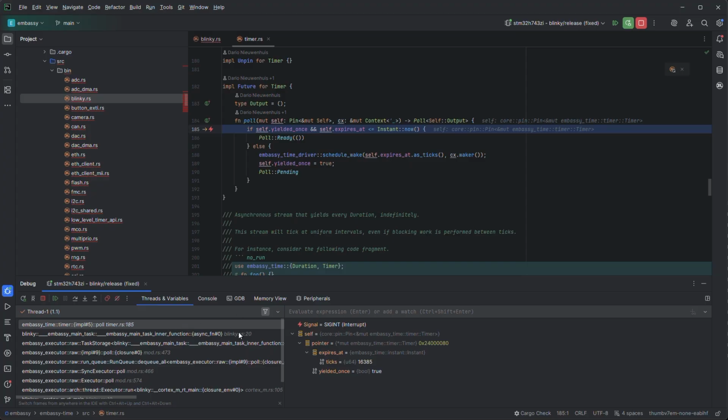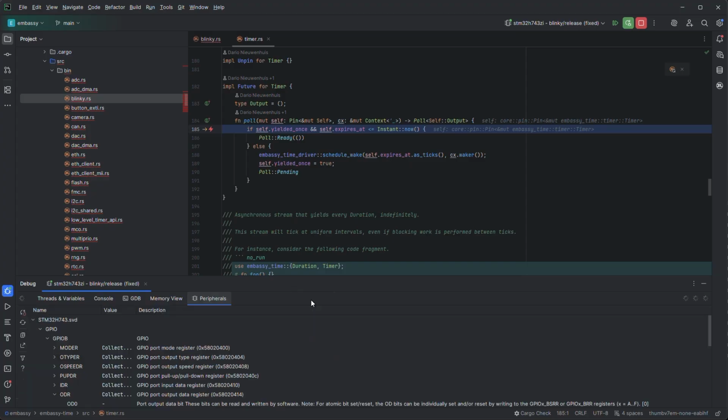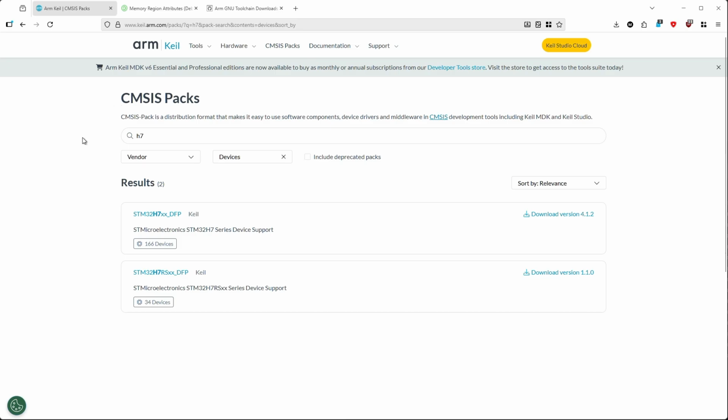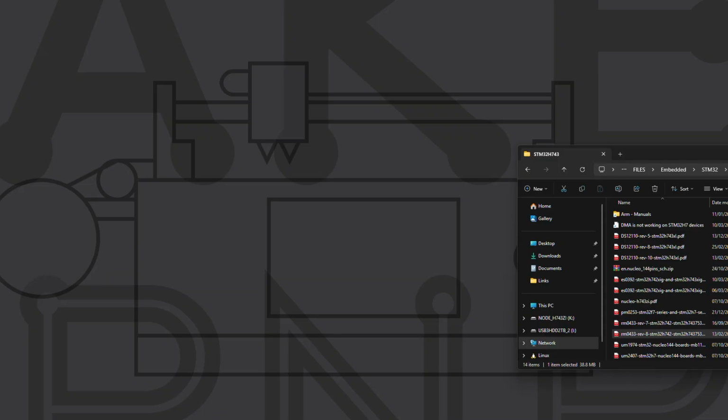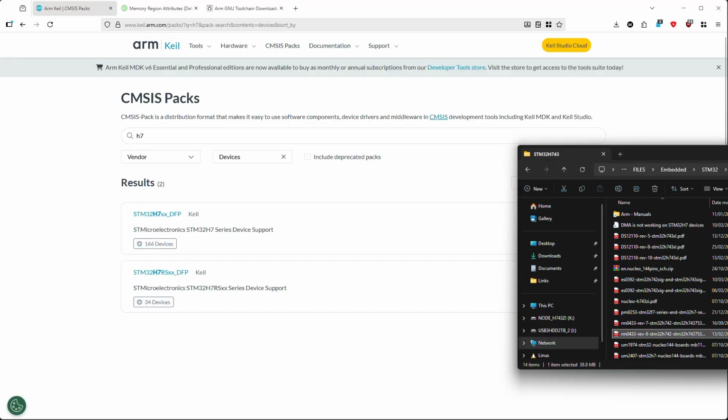But what's different in CLion is that there is support for SVD files. I don't quite know why IntelliJ haven't ported this feature over. Maybe they ran out of time. But anyway, if you configure your IDE to have an SVD file, and you can download the SVD files, and this is where you get the SVD files from. So if you search arm.com for the Keil packs, and search for H7 and devices, you'll find this pack, right? And if you download one of those,